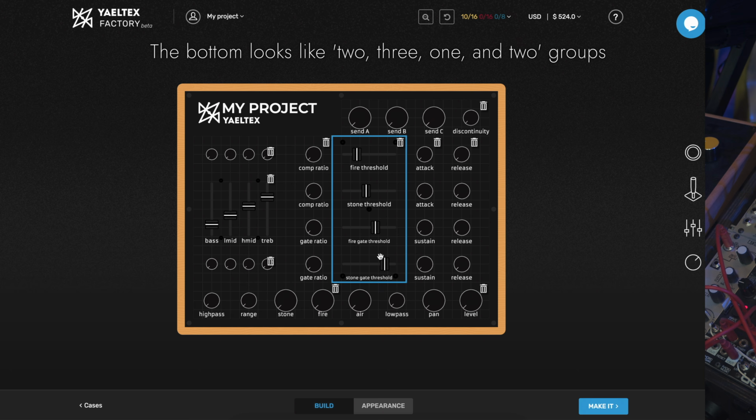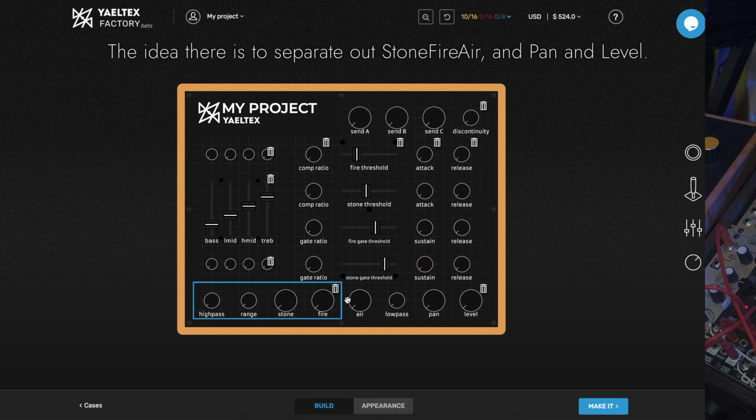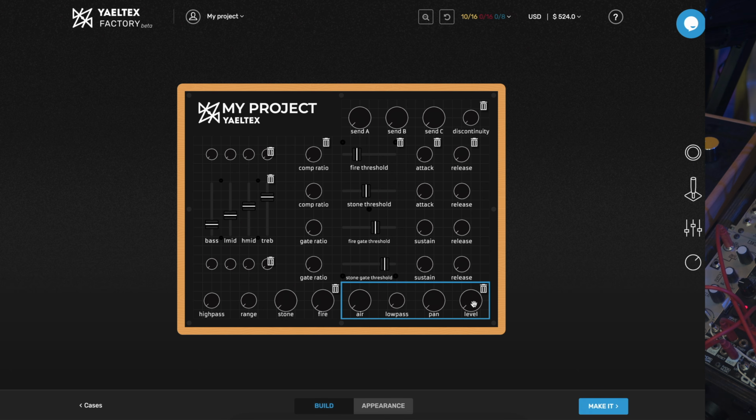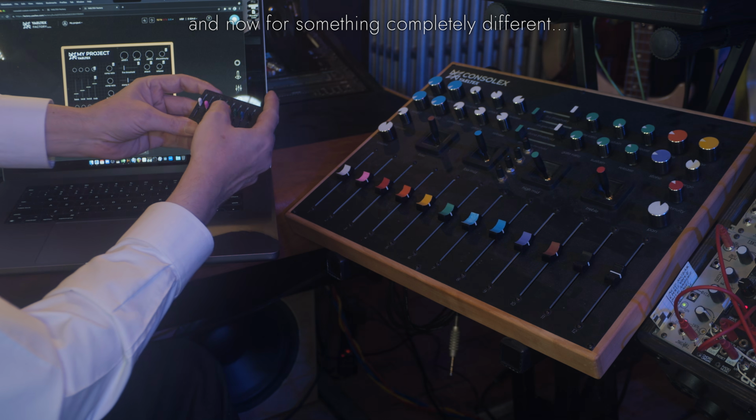So it would be colored somewhat differently. You got 3 sends instead of 4. The discontinuity sits up here rather than anywhere else. And right down at the bottom, we've got the high pass, we've got that range control for stonefire and air, and the low pass, and the pan, and in this case you would not be using Airwindowmation because there are no faders. Unless, of course, you got this, and then you got one of these for the faders, because